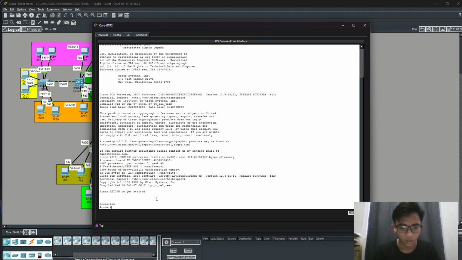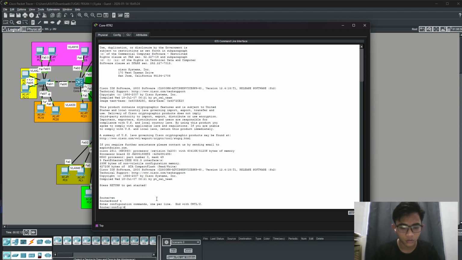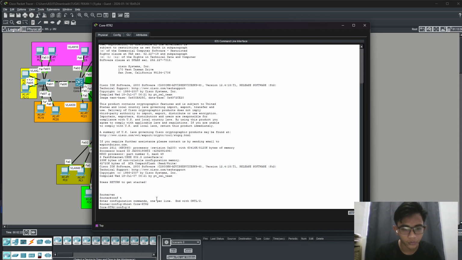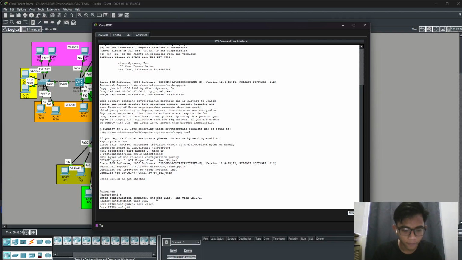Enable, conf t. The hostname here is CORE-RTR2, and enable secret is Cisco, and exit.